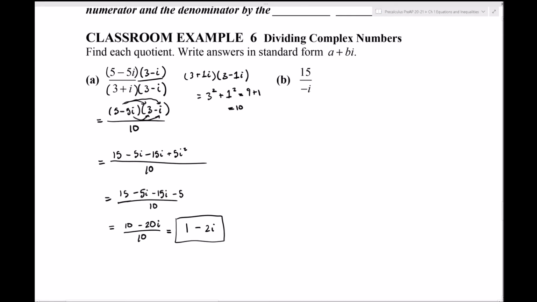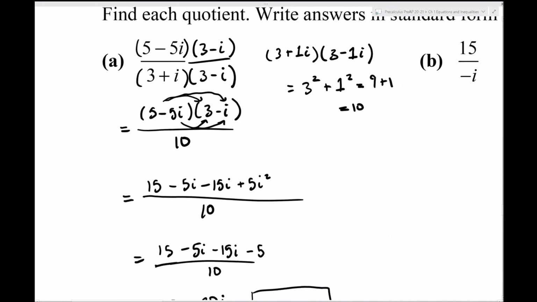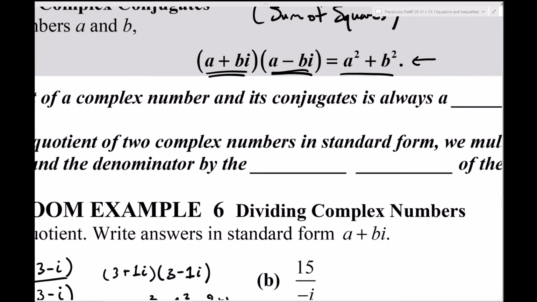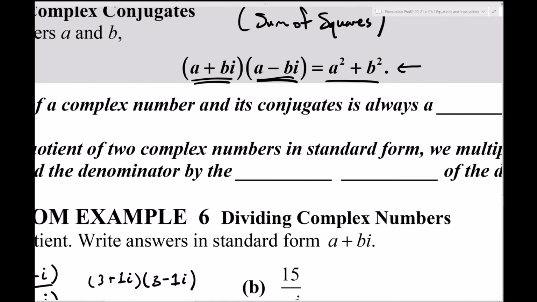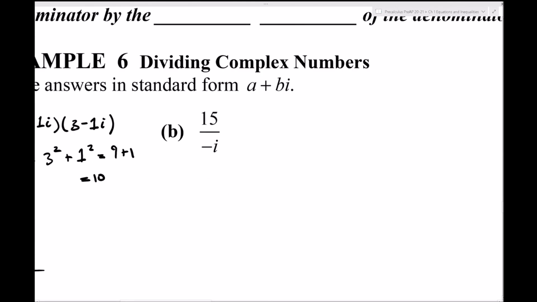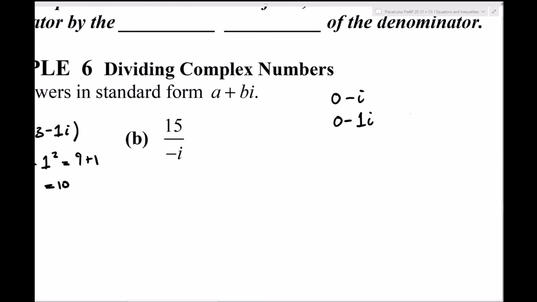Letter B. This is one of those that's a lot simpler, and it might seem very confusing to start, but it's a very easy problem. But we follow the same procedure. If I have a complex number on the bottom, you multiply top and bottom by the complex conjugate of the number on the bottom. What's the complex conjugate of negative i? So you might have already guessed, but negative i is 0 minus i, or 0 minus 1i. Its complex conjugate is going to be 0 plus 1i,